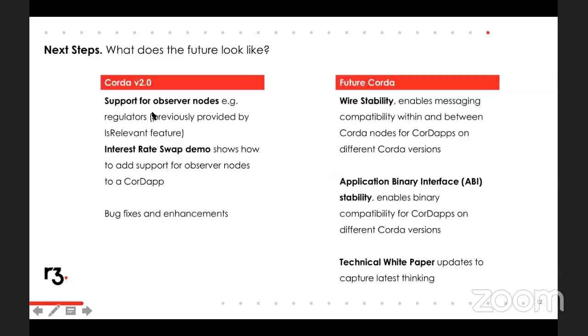So it's really hammering home the developer productivity that Corda provides, by making sure that future versions of Corda do not break your Corda, which means that your continued investment and effort to build on Corda is time and money well spent. And you know that future versions of Corda deliver enhancements and bug fixes, but they don't break your Corda that you currently have either in pilot or in a future production implementation.